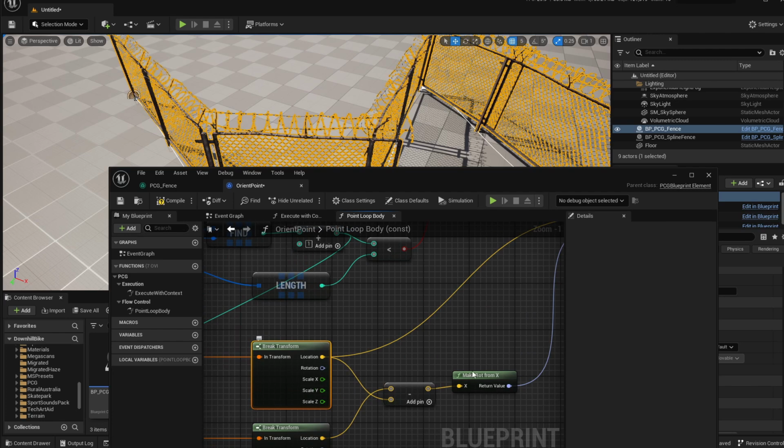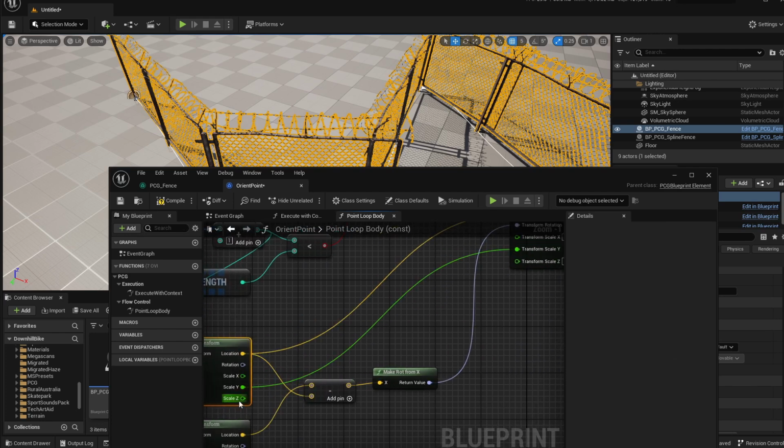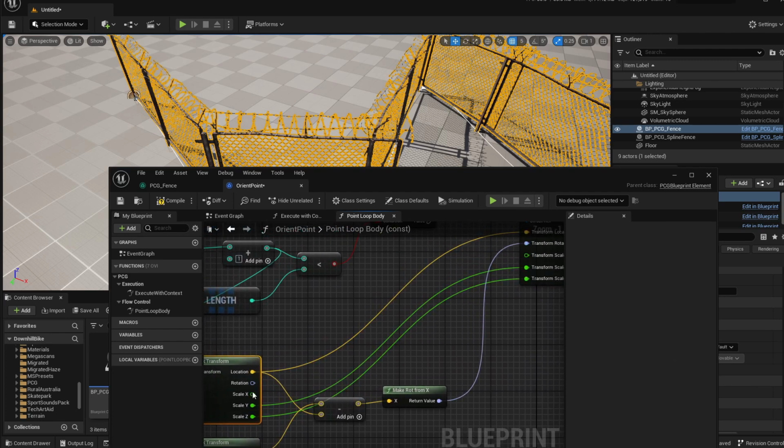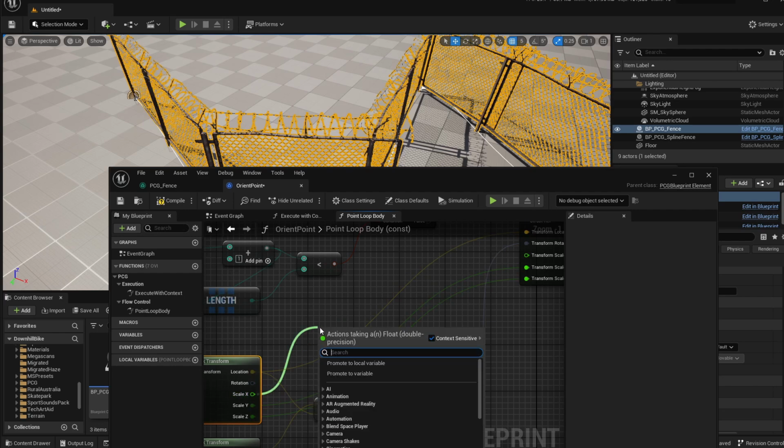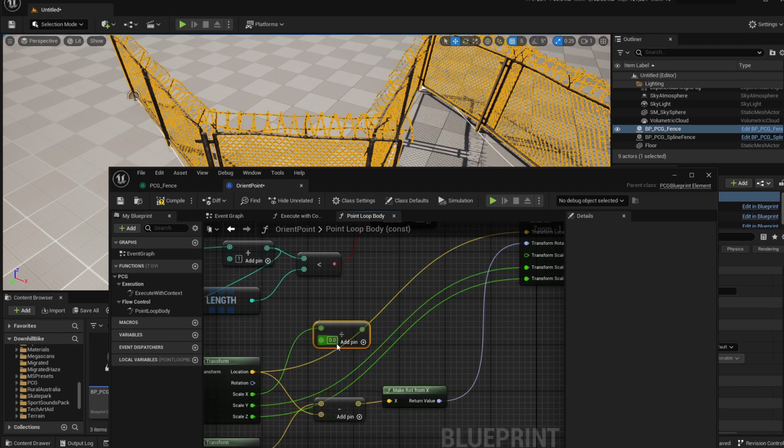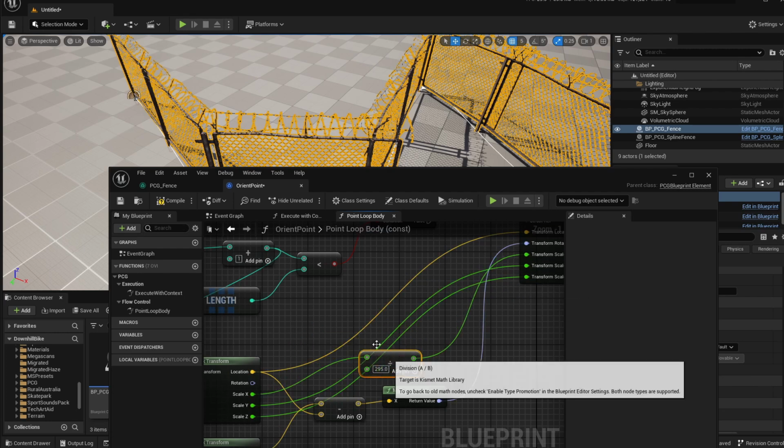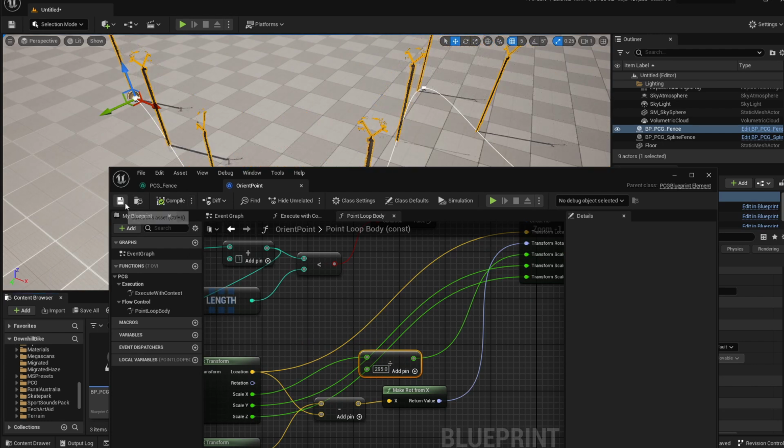We'll split this pin and connect the Y and Z directly. And for the X, we need to divide this by the length of our fence, which in this case is 295. Let's connect this, and when you compile and save,